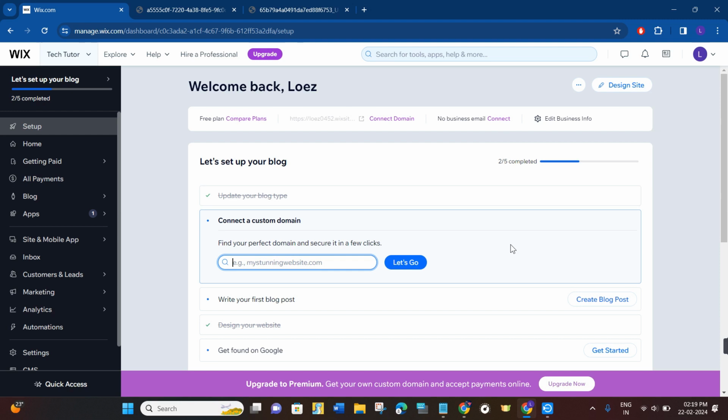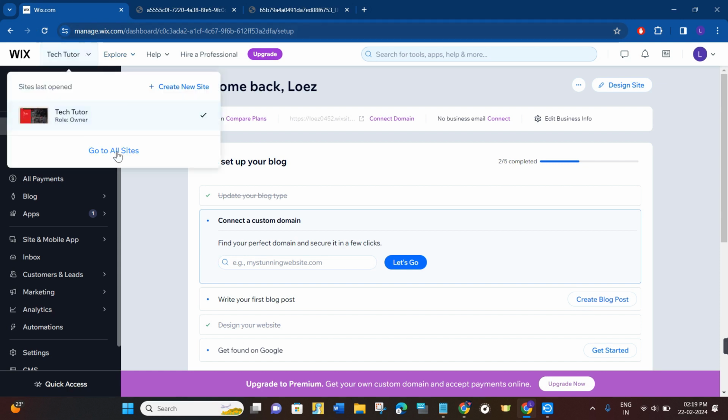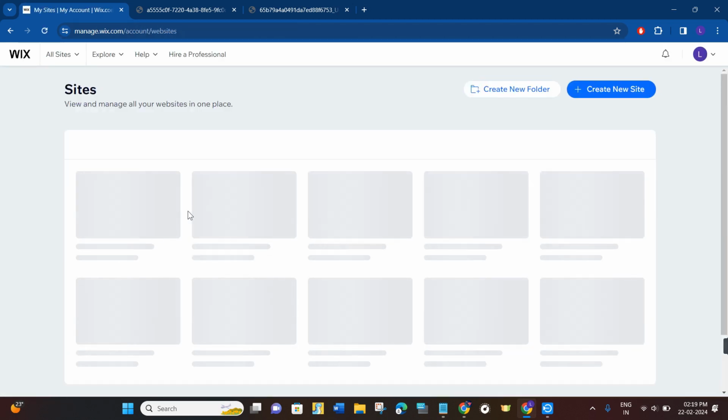go to your sites. In order to do so, you need to navigate to the top left hand corner and you will have to click on the name of your website. After that, you will have to click on the option of go to all sites. Once done, you will be landed on this page where you are going to see the website that you are